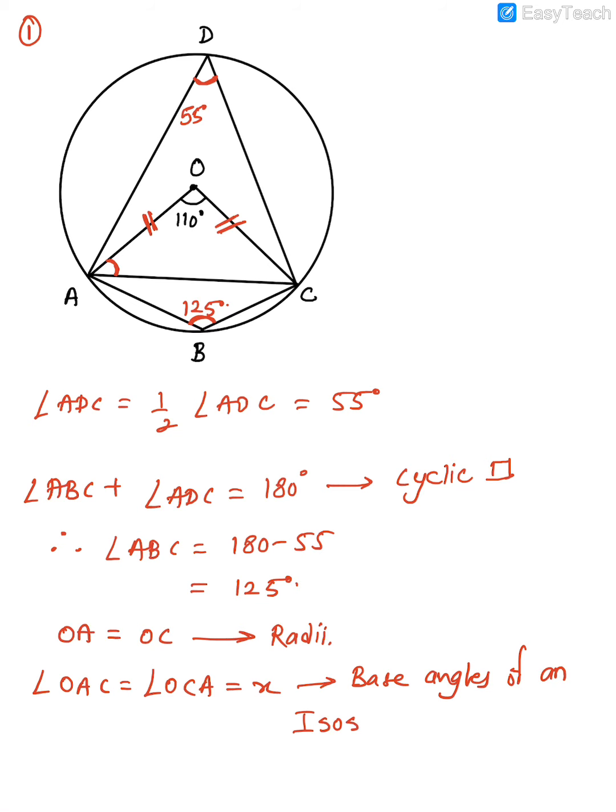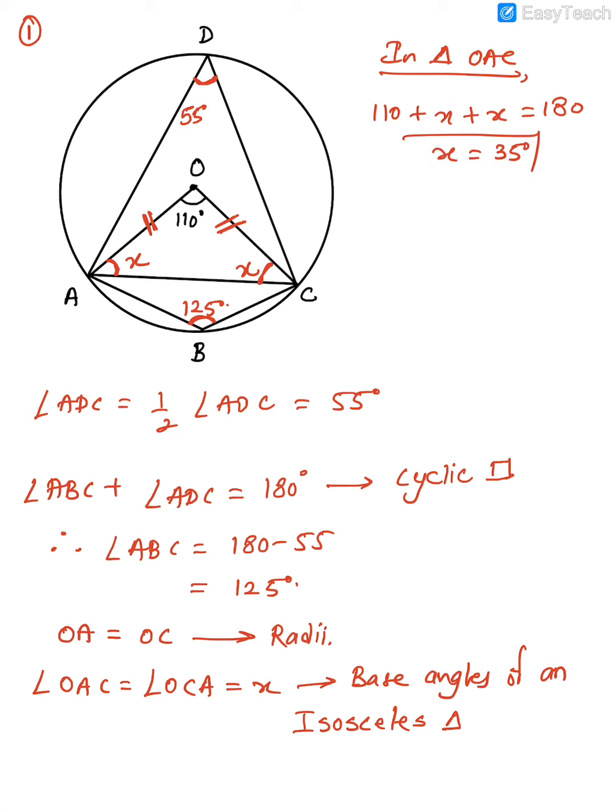Guys, one very important thing out here is the spelling of isosceles. A lot of people lose marks for that. Base angles of an isosceles triangle are equal. So this angle is X, and this is also equal to X. I think you all can find the value of X now. So now in triangle OAC, what can you say? 110 plus 2X is equal to 180. So what is X equal to? 35 degrees. That's the answer, guys. So done. This is a 4-mark question, which usually comes in section 2 or sometimes in section 1 also.